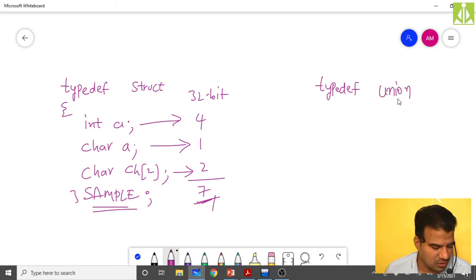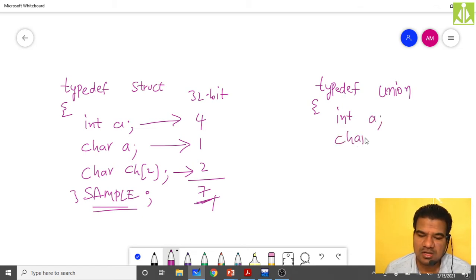If I declare the same things, integer a, character a, and then character ch of 2, like this I have declared my union. Here also I'm giving the name sample.